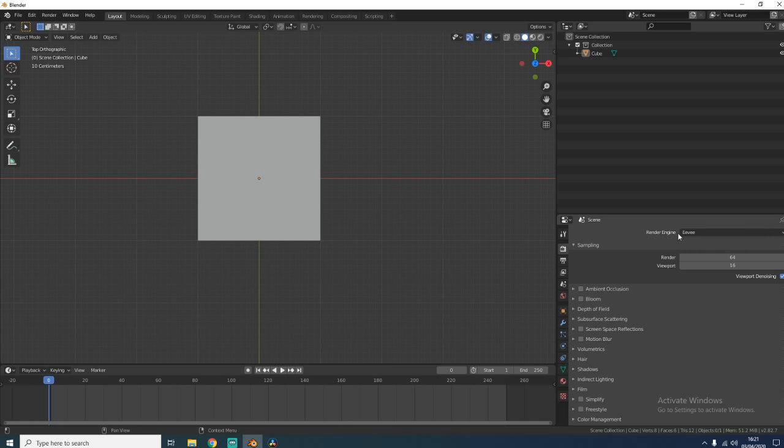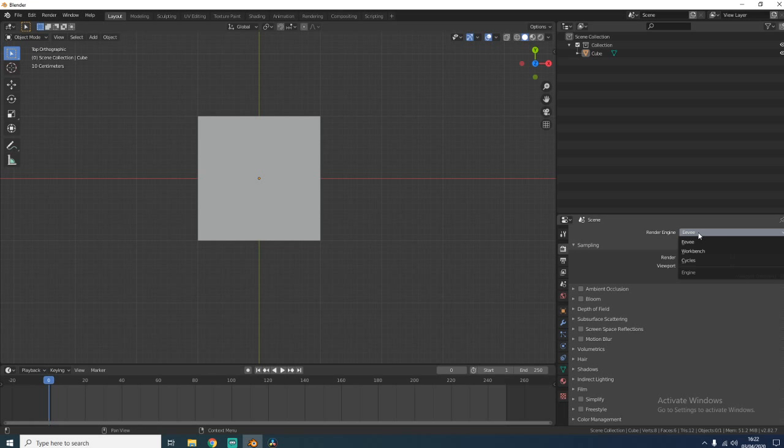The reason why there are different engines is that different engines give different results, and they also differ in performance. Some work much better with the graphic card, so using the GPU. Some others work better with the CPU. Some others can use both. So which one should I use? Well,